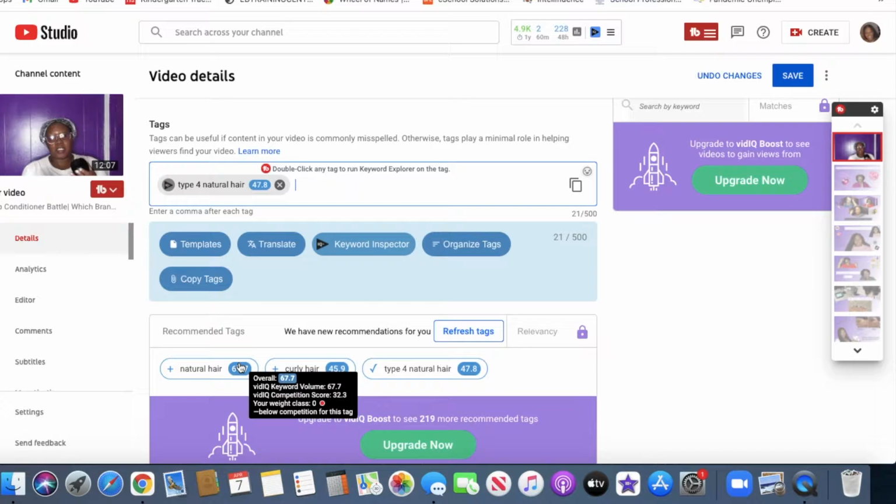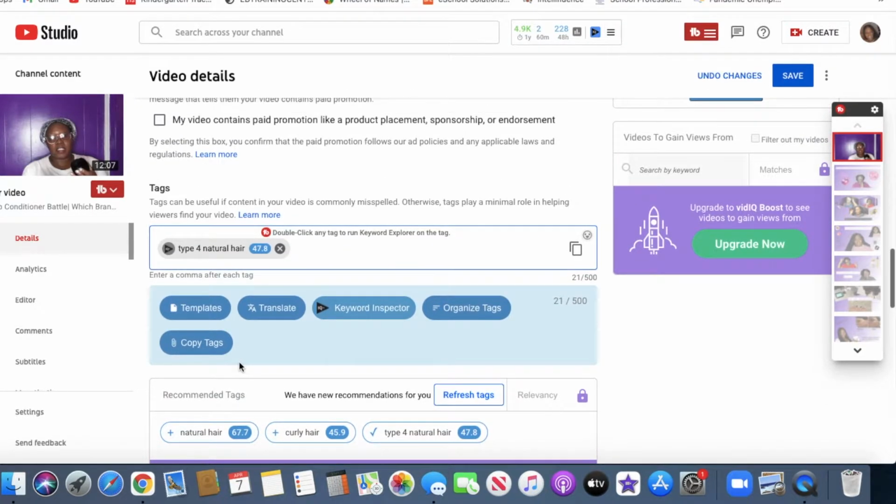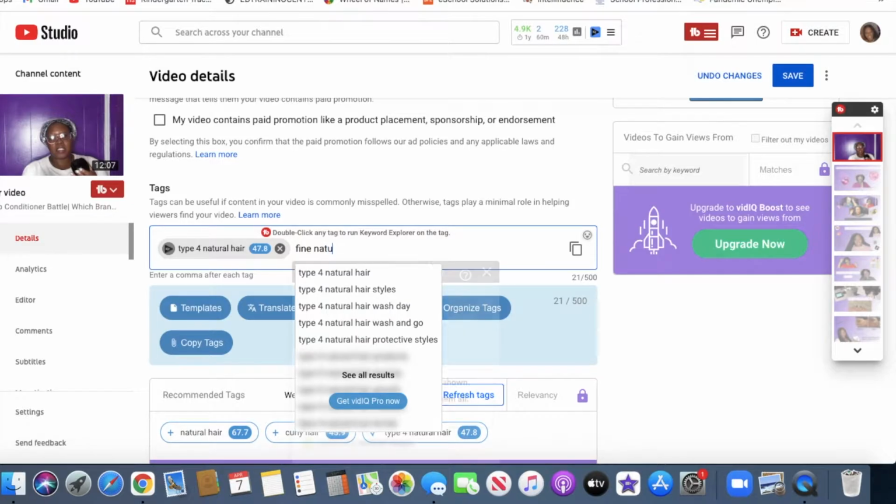So yeah, the competition score means how big this tag is, and whether there's too much competition, meaning too many people are using it. Now, type 4 natural hair is a really big one, so a lot of people may be using it. So you may have to hone in, and that's why you can use the bigger tags. You can use the bigger tags, but you also need to find that balance and a mixture. So the next thing I'm going to try is fine natural hair, because I have fine natural